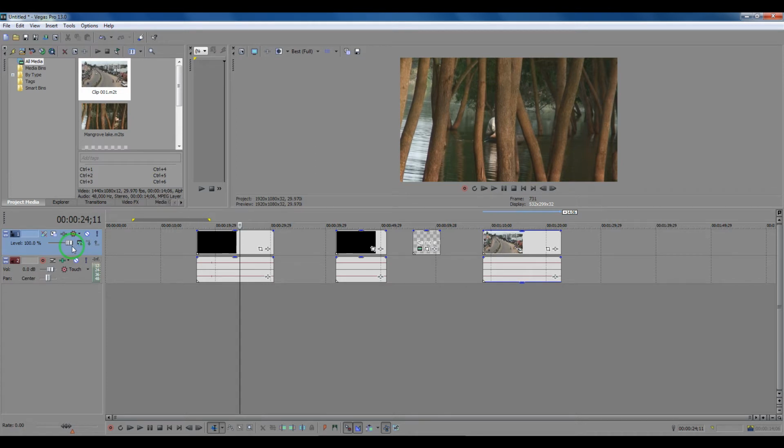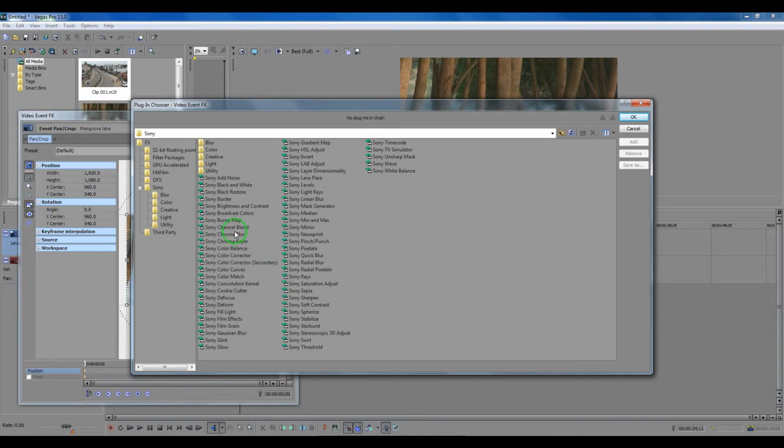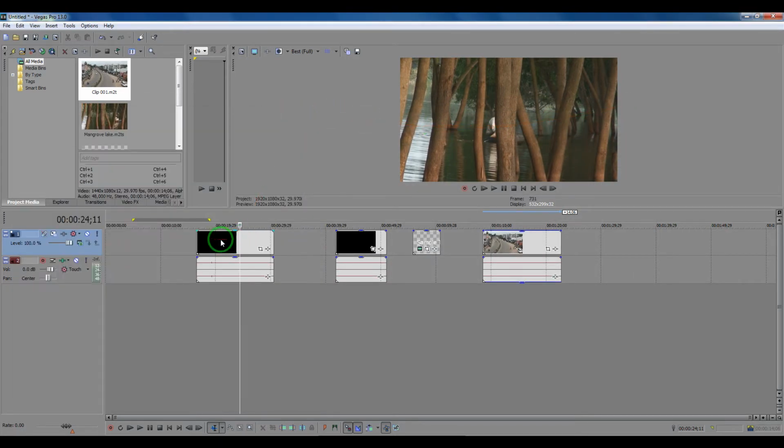Earlier we have seen how to apply an effect to a particular media event. That's by going to the right hand side and clicking on event effects. So by clicking event effects we will get this drop down list and we can apply a particular effect to that single media footage. So if you want to place a common effect to all the events on a single track, then you need to apply that effect from the track effects right here in this first track header.